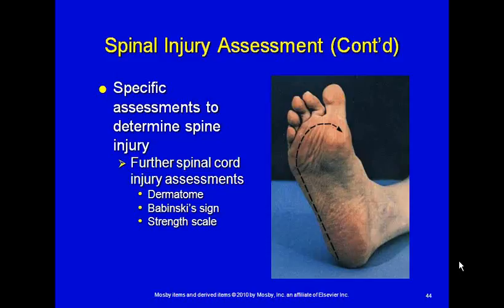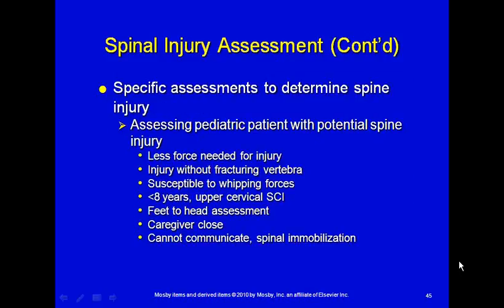And we've already mentioned the importance of a dermatome. When assessing pediatric patients with potential spine injuries, remember that it takes less force to create an injury, and they can have that injury without any bone damage. They are more susceptible to whipping forces like whiplash because of their large heads. And if they're under 8 years,